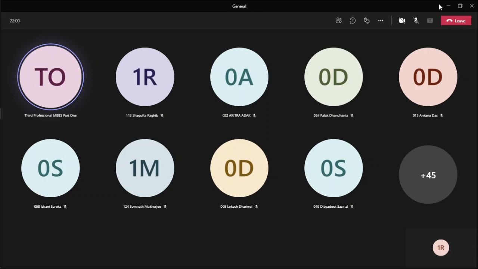Then ocular examination. Tell me the ocular examination. At least you should write there, no? What points will you write? Tell me one by one. First, you take visual acuity with Snellen's chart. Then lid, conjunctiva, cornea, pupil, anterior chamber. Then lens.